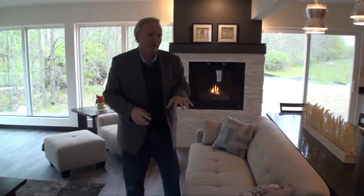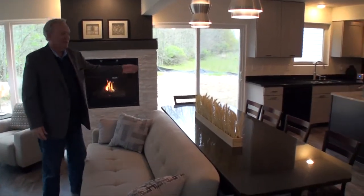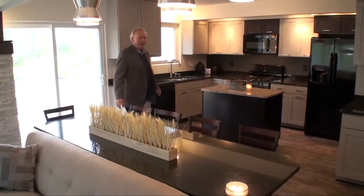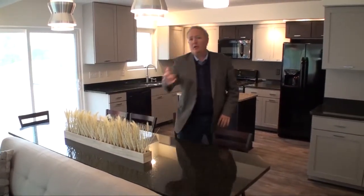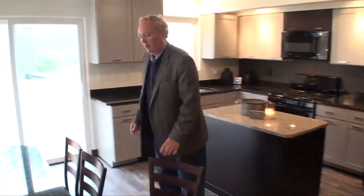So the next generation of where do you eat is eat-in kitchen. So this is eat-in kitchen. This is also known as a baker's island because it's 30 inches high, the same height as any other table in a house. So you're sitting at a traditional height table. And by the way, if you would sit here for a moment as a camera person and just take a look as to what the view would be from here,